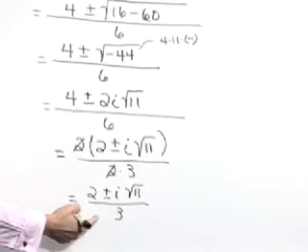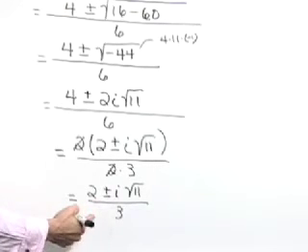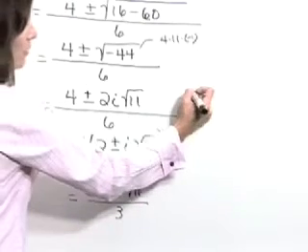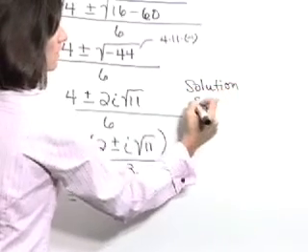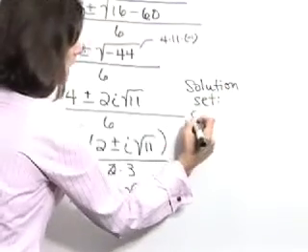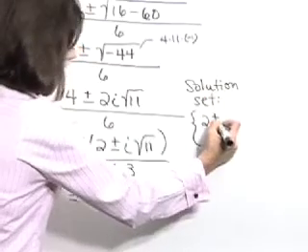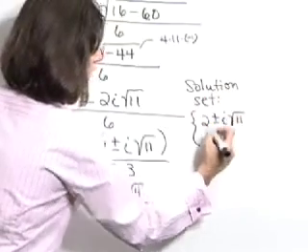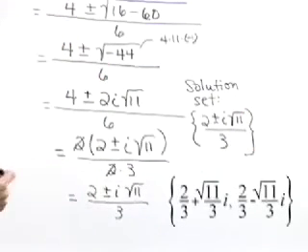Now, it's always wise to check both of these solutions in your original equation, and that check is going to verify that our solution set does include both of these, and I'm going to write these as one statement, 2 plus or minus i times the square root of 11 all over 3, or as